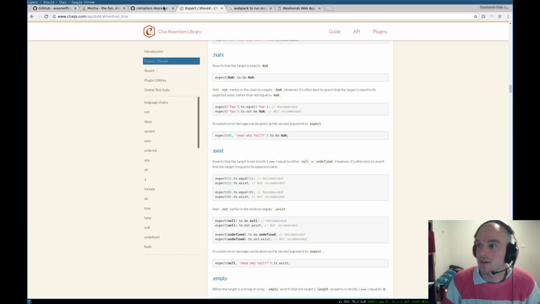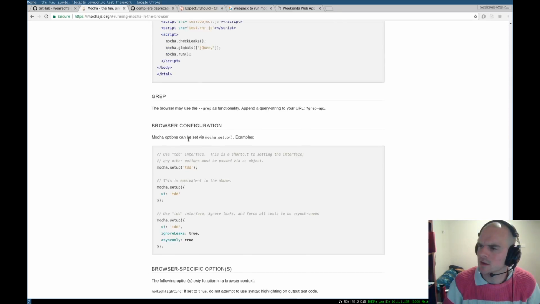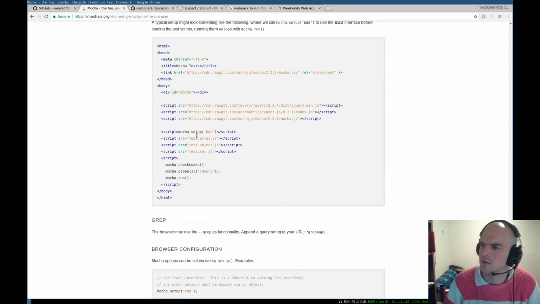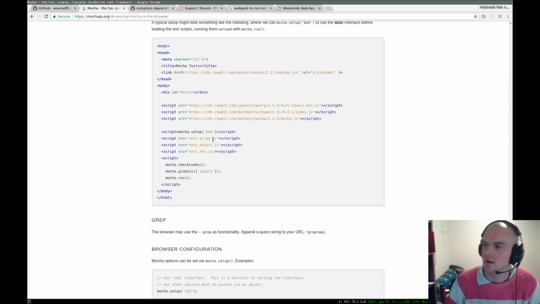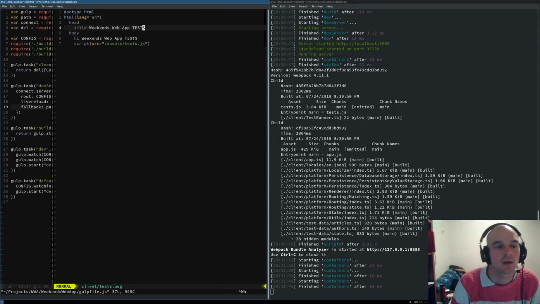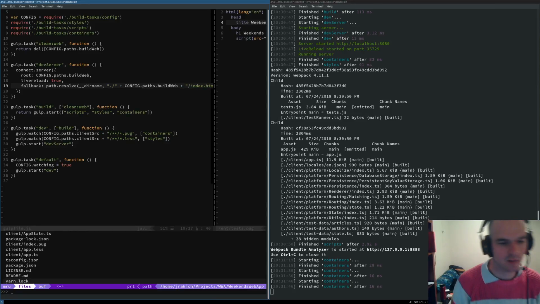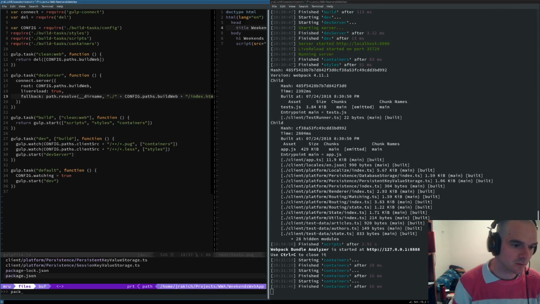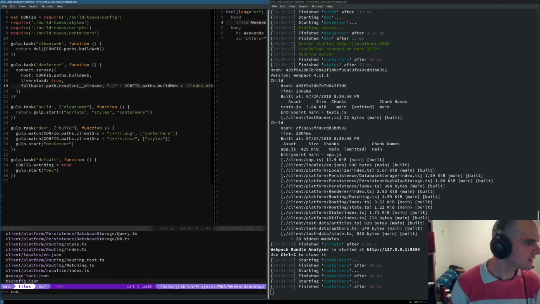Now, I'm not entirely sure this will work for us, but I guess we've got to try, don't we? So we've got to set up Mocha, and then we've got to run Mocha. That basically is it. And we also need to pull in all of these various files. Luckily, Webpack has a concept of a dynamic import, and this is going to come very much in handy because it means that we can create a context.